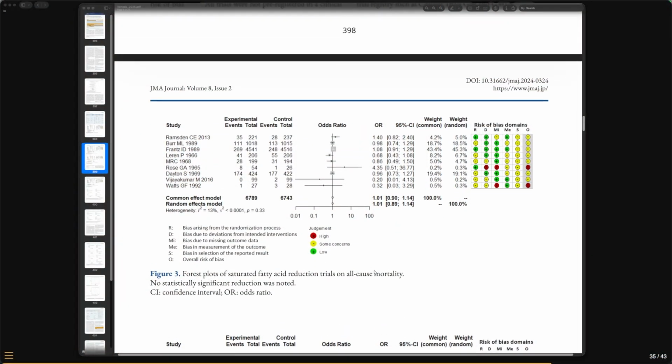And we can see that. This is Yamada on all-cause mortality. And the Minnesota Coronary Experiment is this one, France. That's the author's name. But you can see the numbers here, 4,500 and 4,500 in the experiment and control. Yeah. And you can see that gives a weight of about 45% to this study. Yeah. But those numbers are based on the full cohort.